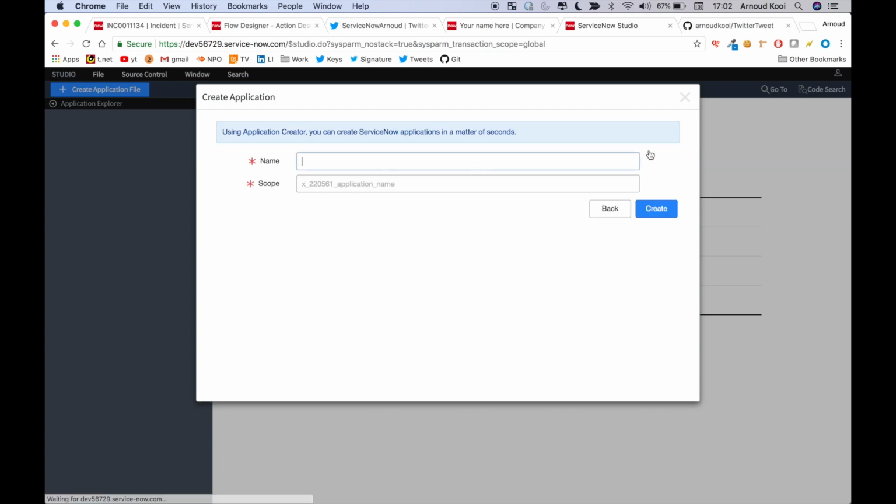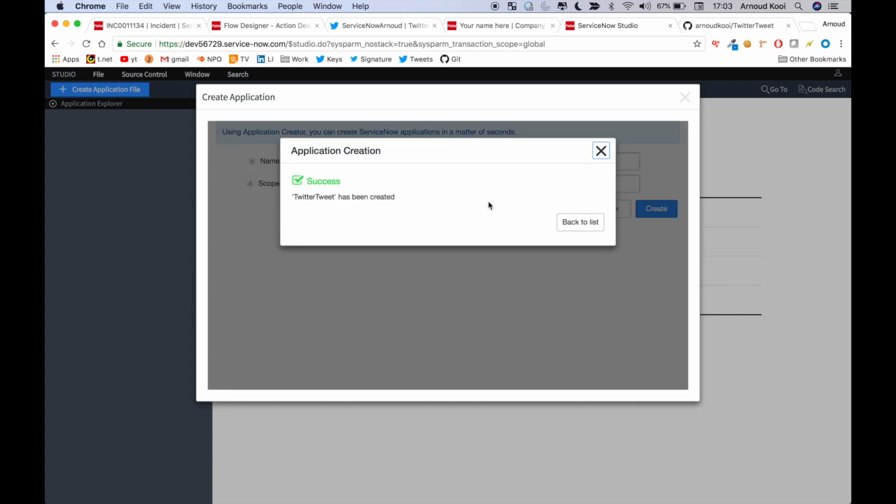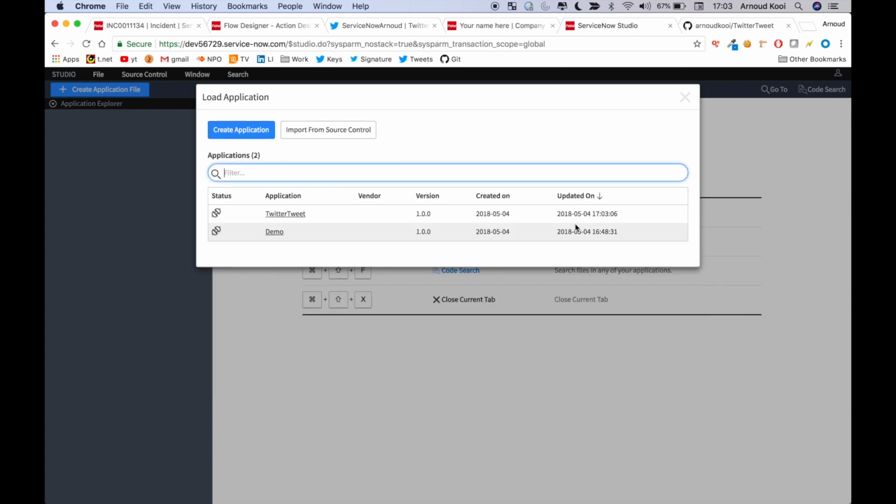Start from scratch. Also gonna call it Twitter tweet. Open it,